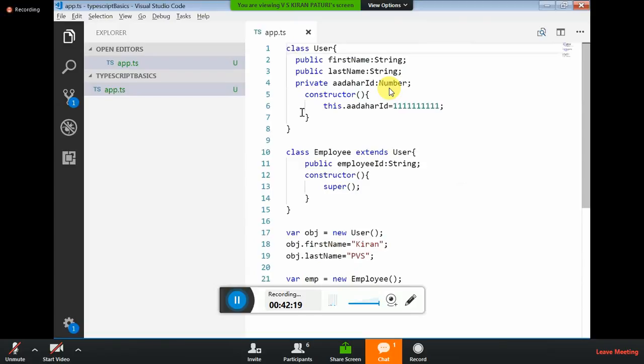Anyone? Interfaces, we call them contracts, where they contain the signatures of the methods or the members. Actual implementation will be taken care of by the class.